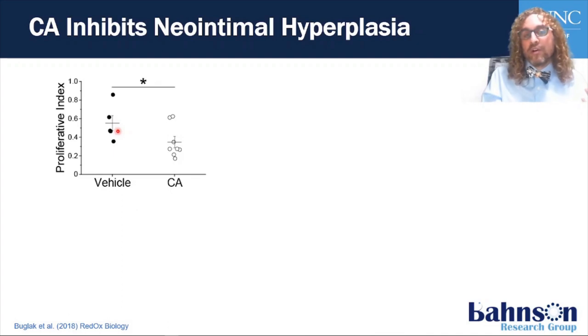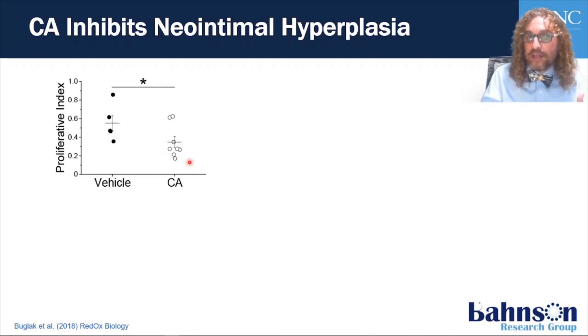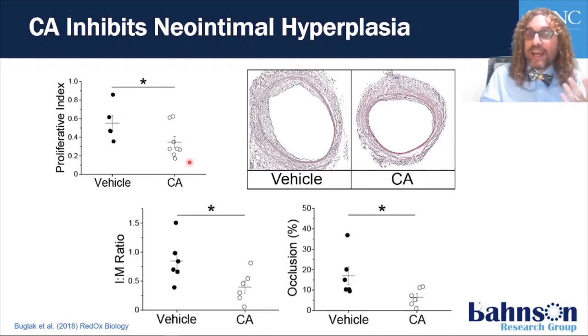It's close to 0 in quiescent uninjured vessels, but 3 days after injury, we see an increase in proliferation, which is expected and well described in the literature. But treatment with CA decreases the level of the proliferative index, resulting in a decrease in neointimal hyperplasia 2 weeks